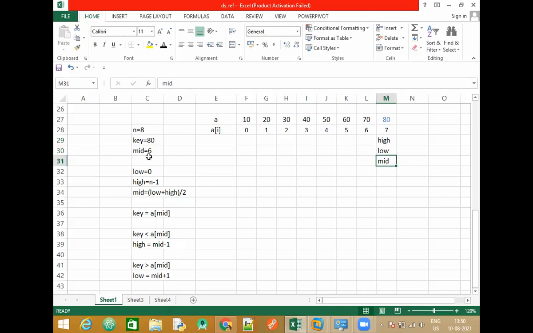So now you compare. Is your key element equal to your mid element? Correct? So is the search successful? Yes, you have found the key element there. At what index has it been found? 7. So for that, which particular variable will we use? The mid variable, because we are comparing our key element with the mid every time. So the mid value will give you the index or the position at which your element has been found. Did you follow this? All of you?